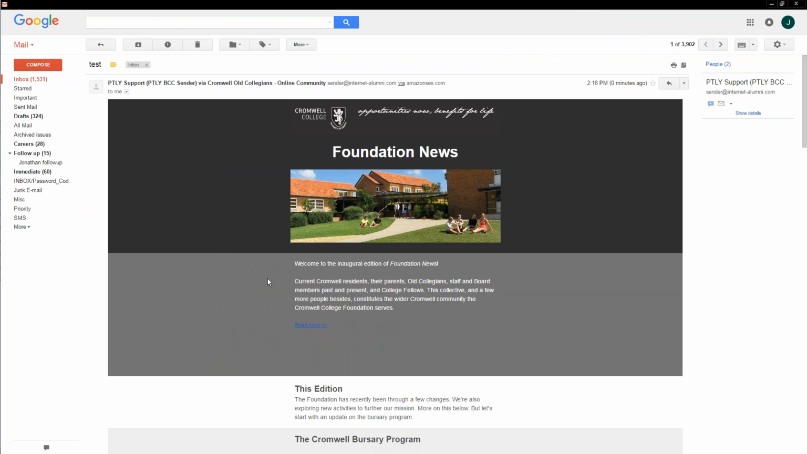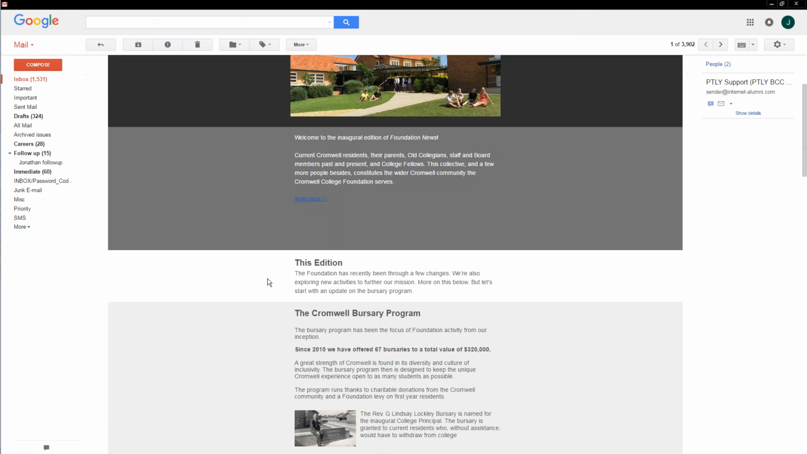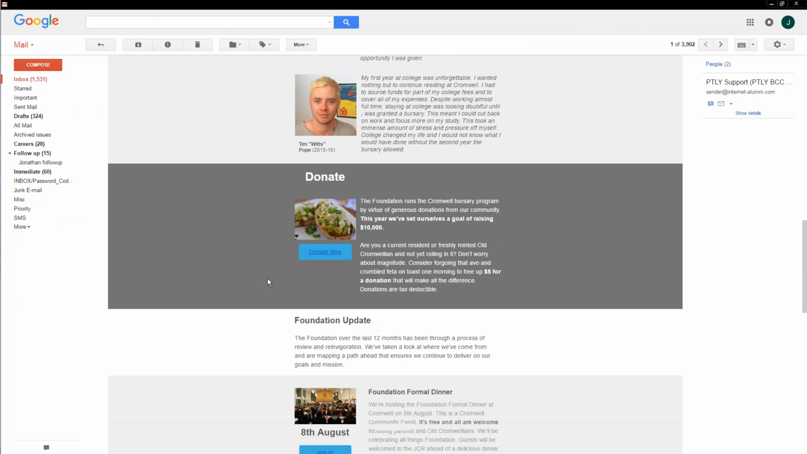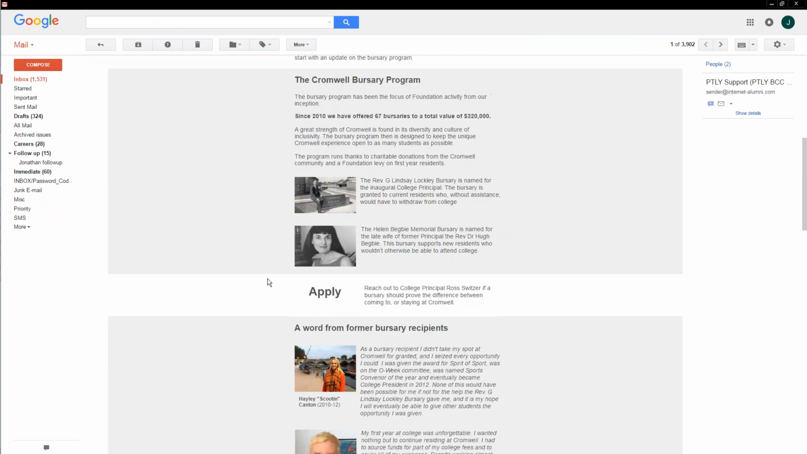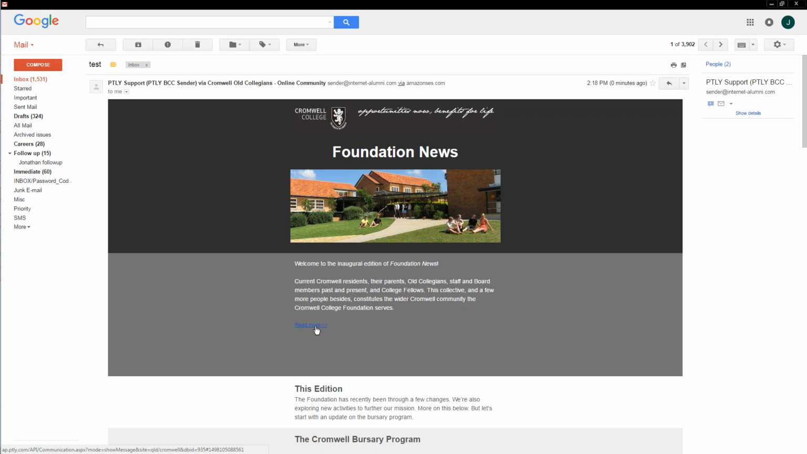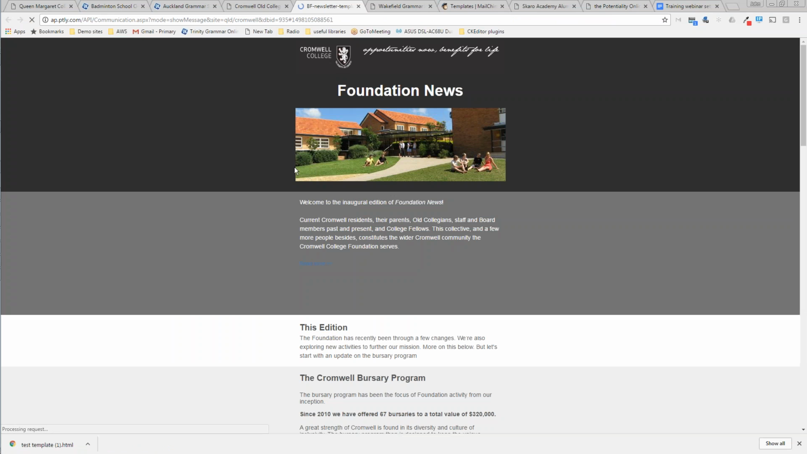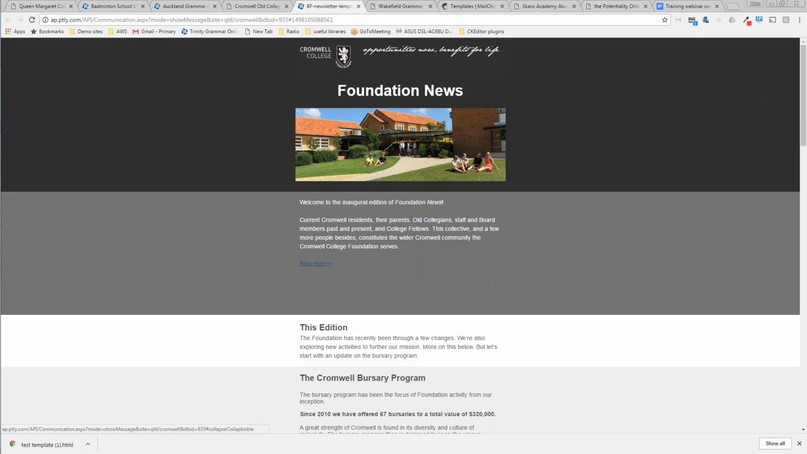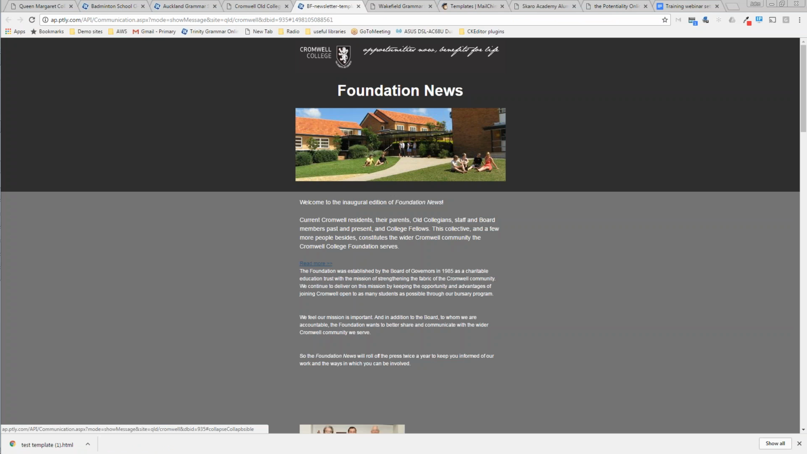So I've just received this in my inbox, and you can see it's completely laid out exactly as was created within the editor, but we've got this read more link here, and the read more link will now take us through to the online version, and you can see I can just click on read more, and that shows me the extra content that wasn't visible within the